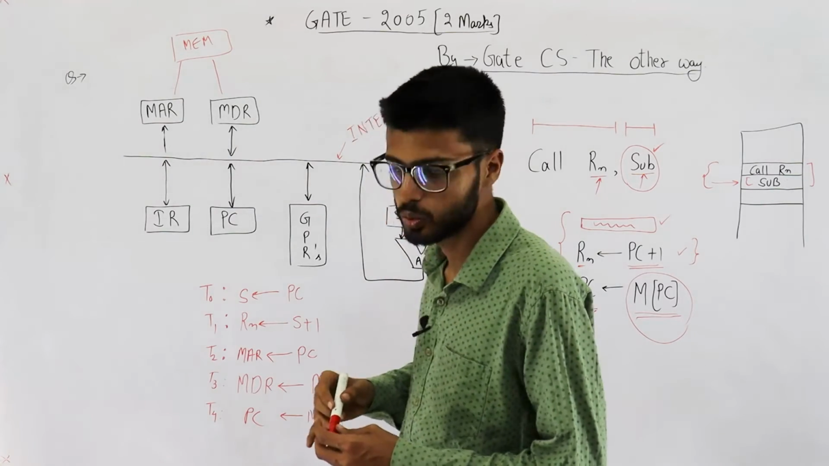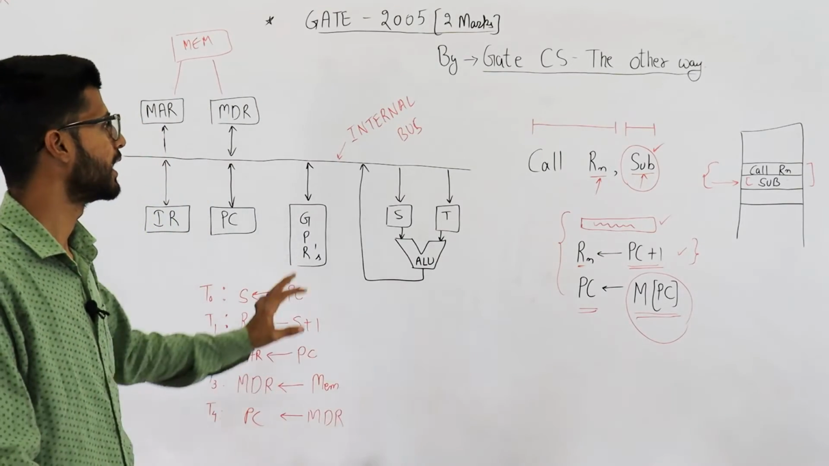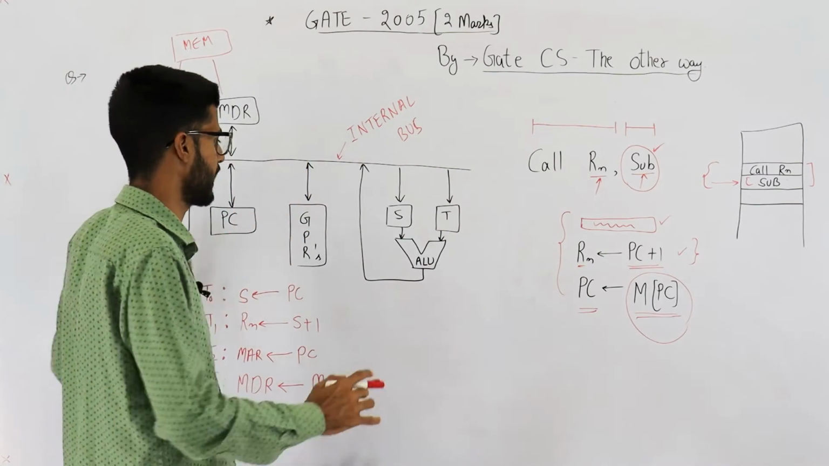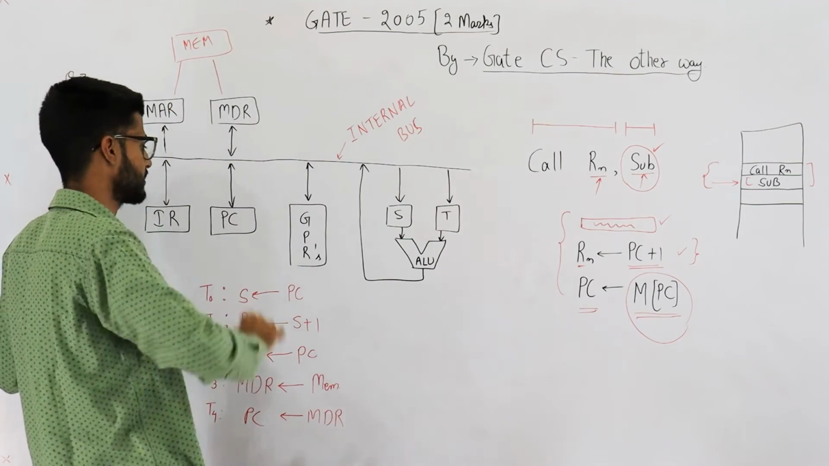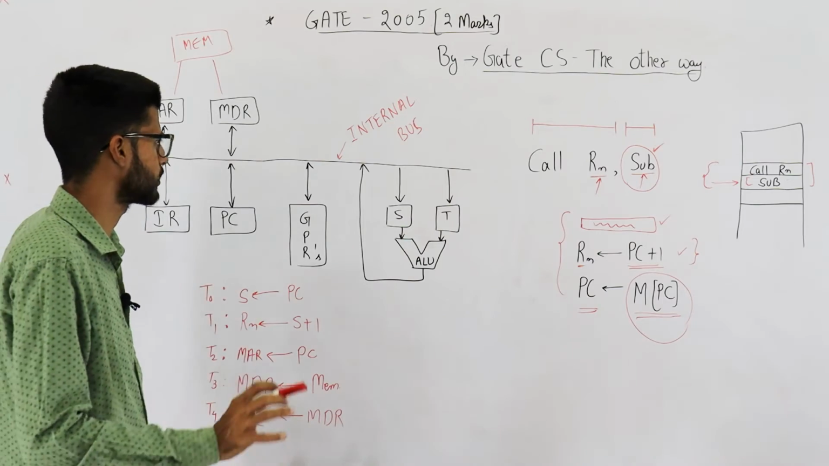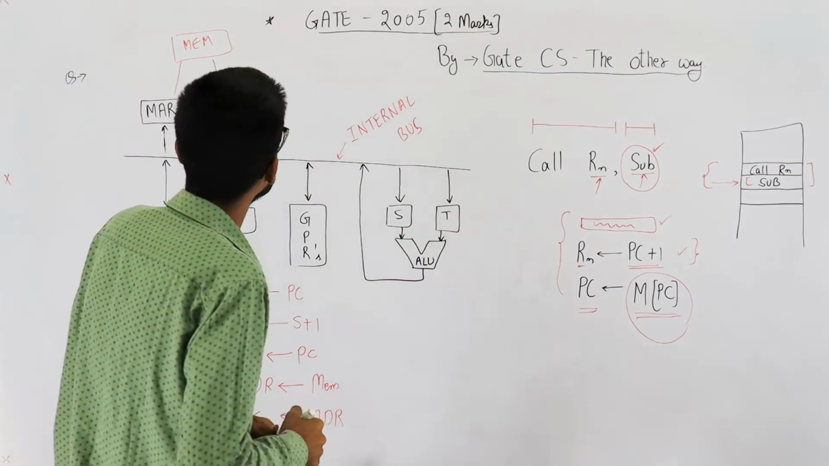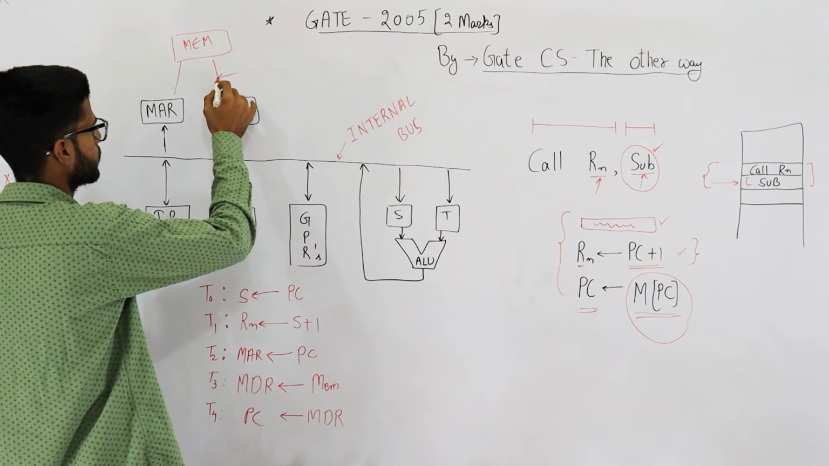The internal bus is used for movement of data within the CPU. That means this bus can move data between the ALU and some registers, or PC and memory address register, and memory data register or instruction register. Now I think you're getting the point. But this data bus,